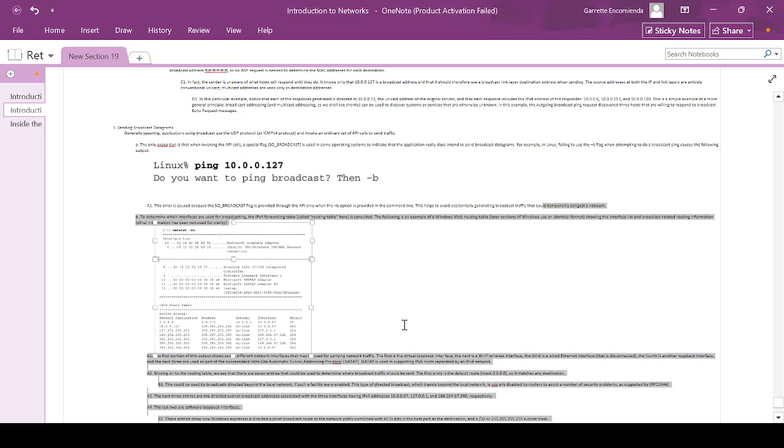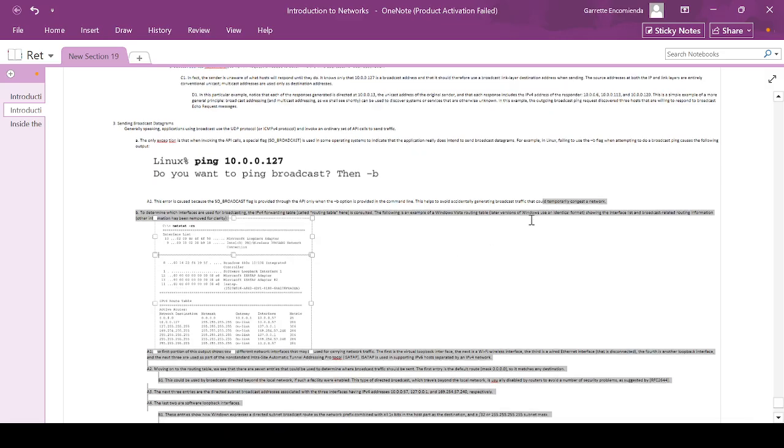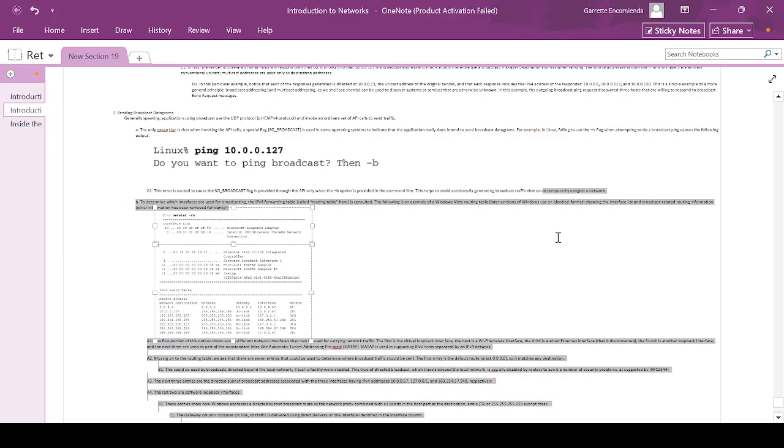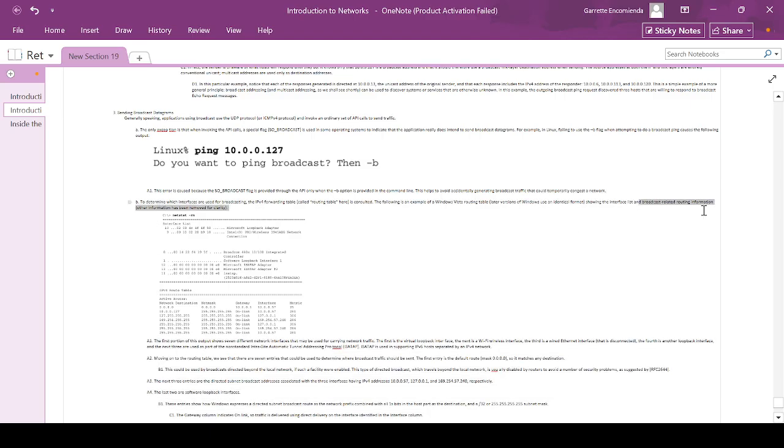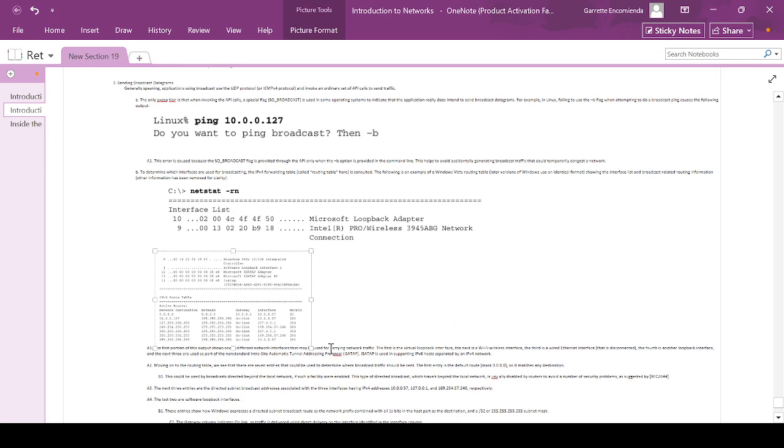To determine which interfaces are used for broadcasting, the IPv4 forwarding table, just like how IPv4 was used before to map the broadcast address, is also used to determine which interfaces are used for broadcasting. It is called the routing table. The following is an example of a Windows Vista routing table. Later versions of Windows use an identical format showing the interface list and broadcast-related routing information. Other information has been removed for clarity. netstat -rn